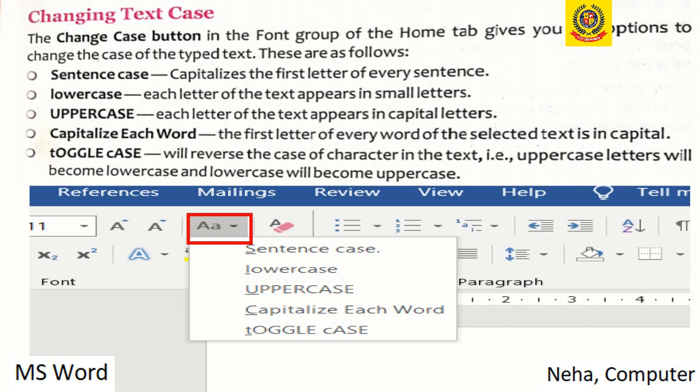We mostly do not use toggle case, but sometimes to make the document or some sentence look different, we use this type of case. Now you can see that capital A and small a is the change case button.